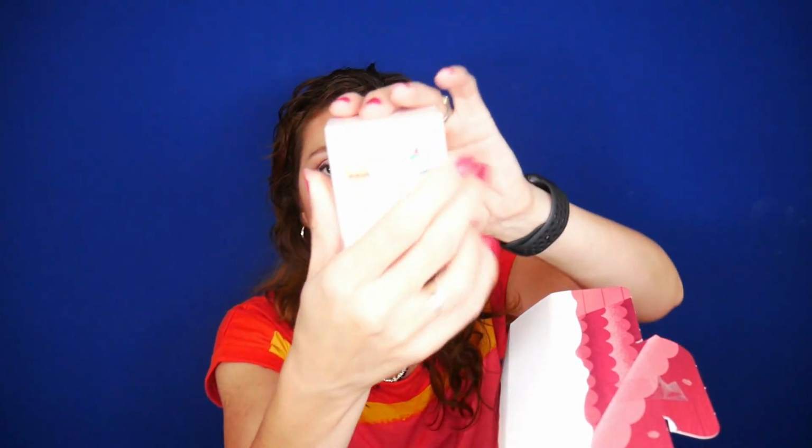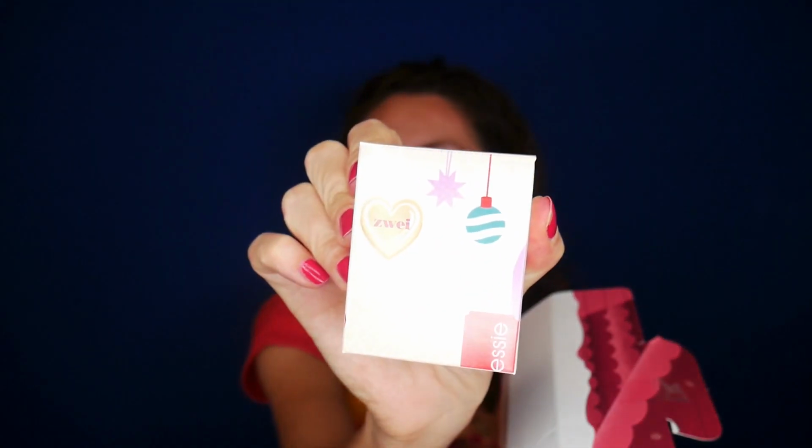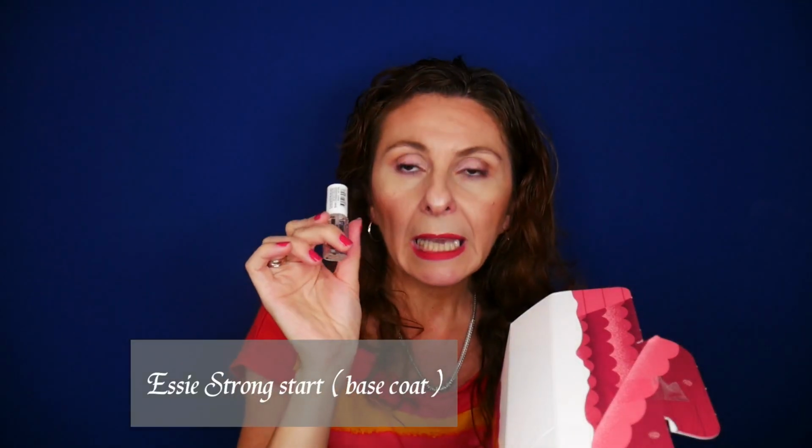After that we have zwei, which I know means two, and this has a nail polish and a few ornaments. This has a mini size top coat, Strong Start. Okay, so this is a base coat, really handy for travel, because I'm traveling with my nail polish and I'm